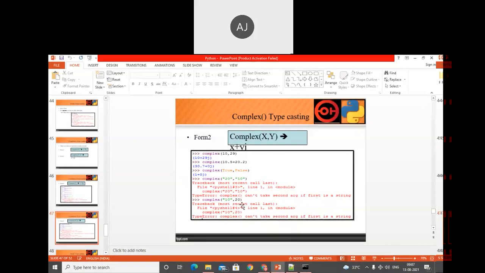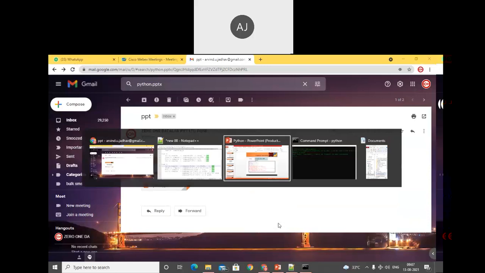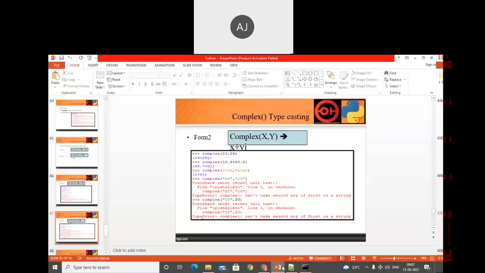See, we cannot convert these values when we pass two values. In the first case, I'm trying to pass both as strings, and we get the type error. In the second case, I'm trying to send the string as well as an integer value, and again we cannot.